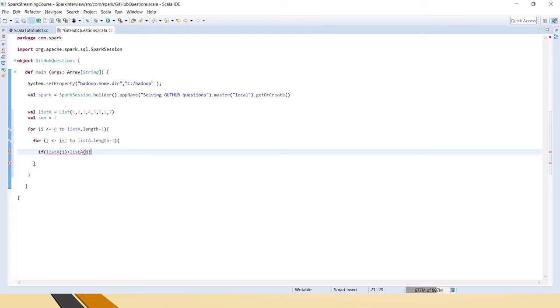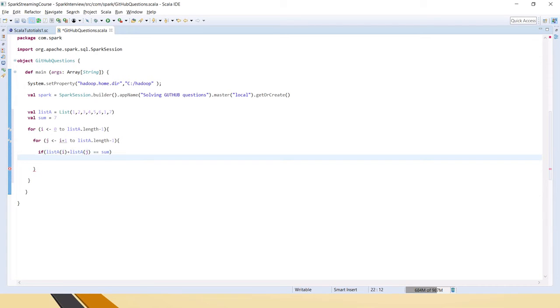If list A of i plus list A of j equals sum, in that case we'll print the paired element: list A of i, comma, list A of j, close brace.